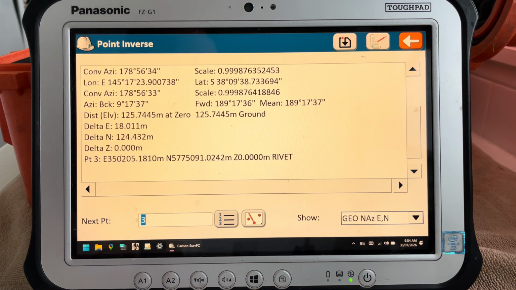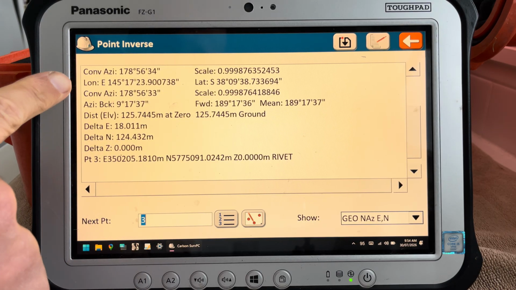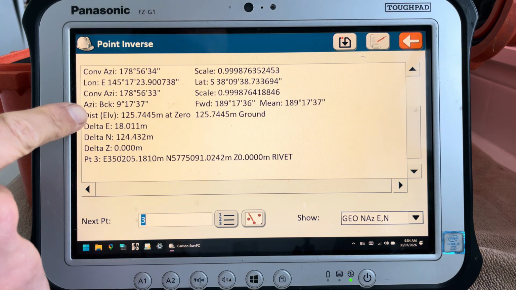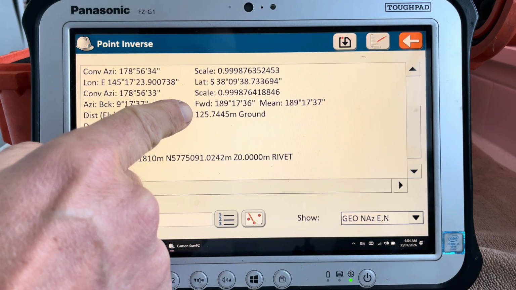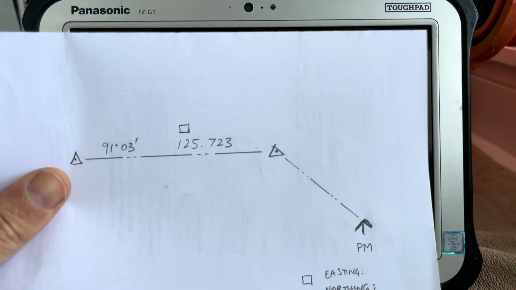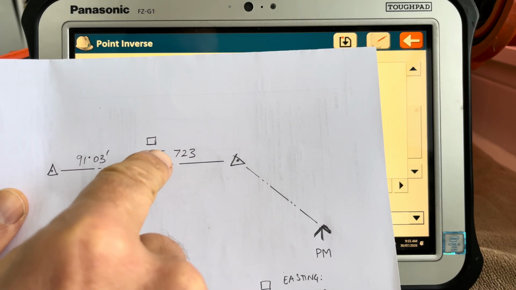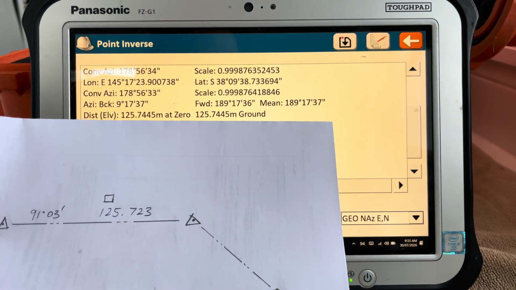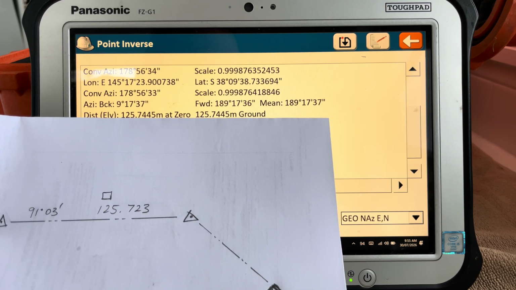So you get a bunch more information on the screen, but you can see that it gives you 2 values, so you can skip over some of it. The distance elevation is the grid distance here. And then it's got a ground value, so 12.57445 ground distance. Generally I should look at my survey and check if that number matches the ground distance. So 12.5723, 12.5744, so it's about 20 mil, 21 mil different,